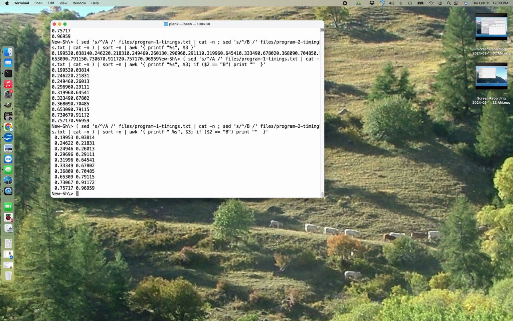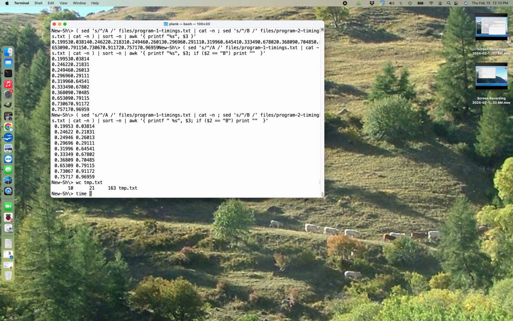Calvin: I can't remember from your last question notes, but for the timings, when you're running a program over a long range of values, what's the best approach for a shell script to do that? So time sucks beyond belief. Here, what command will I time? Here, wc temp.text. Now we time it.